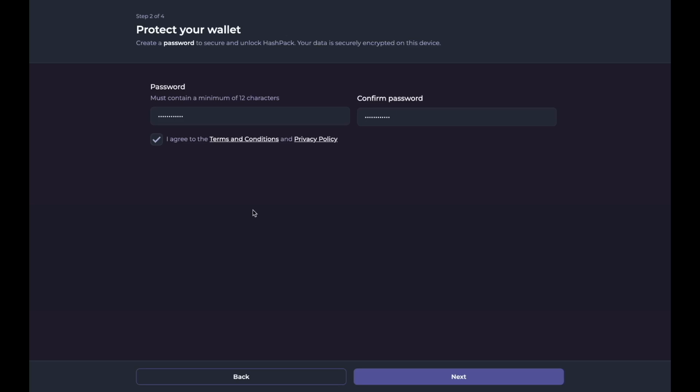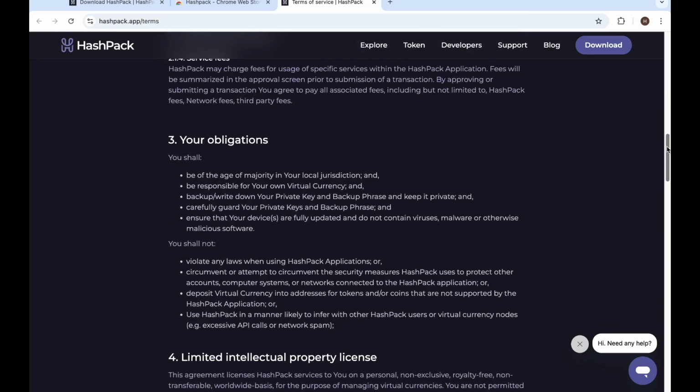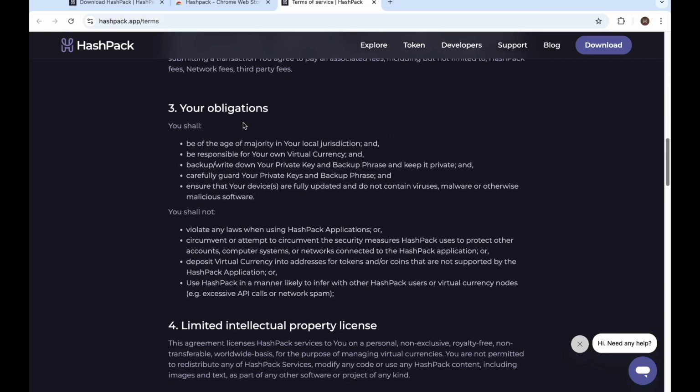So now, before I complete this process, I just want to digress a little bit because I think this is a very important point. I'm going to click on terms and conditions. Guys, I want you to always read the third bullet, which says your obligations. This bullet gives you some tips that you should always pay attention to, because this can help prevent you from losing your funds.